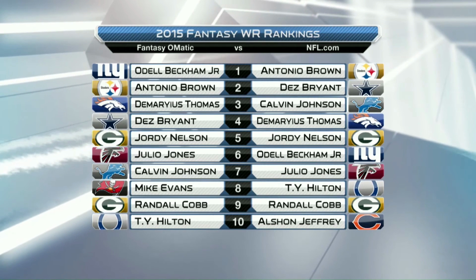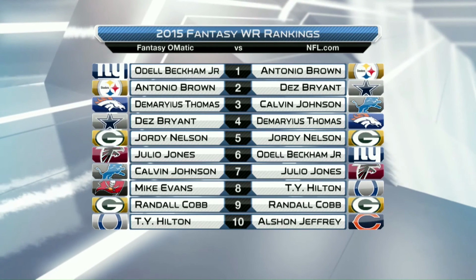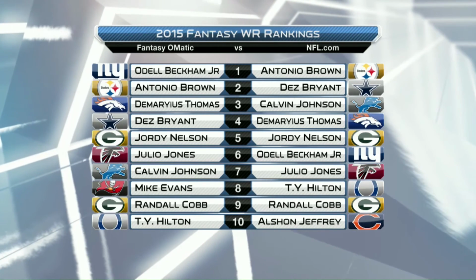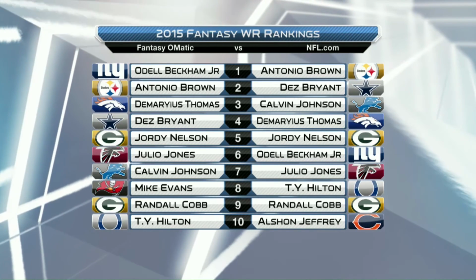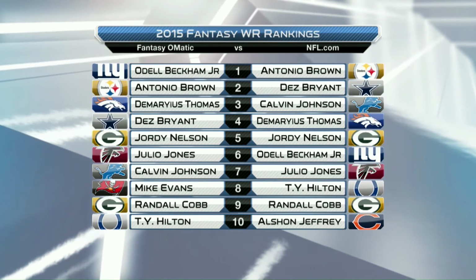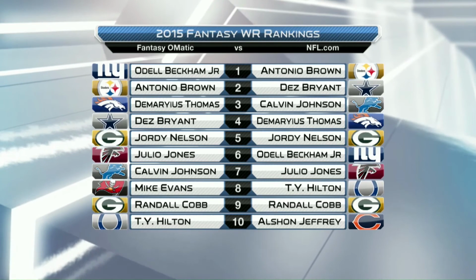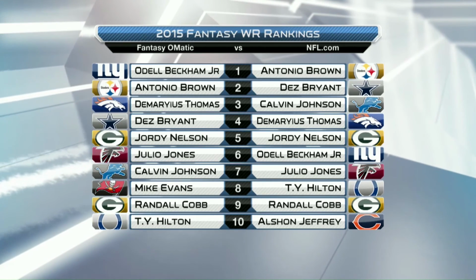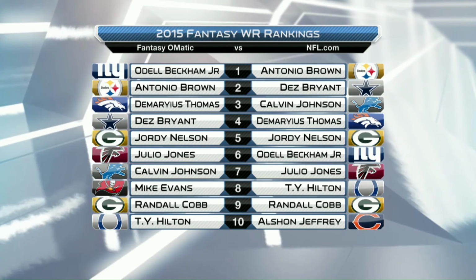I mean, if you grab Odell Beckham Jr. and he's the number 6 receiver off the board, that's not a huge detriment. But the fact that the fantasyomatic algorithm has OBJ at number 1, there's no emotion going into this. It's just raw data where the algorithm doesn't care if he's going to get overdrafted or not. It's all data. It's hard numbers.